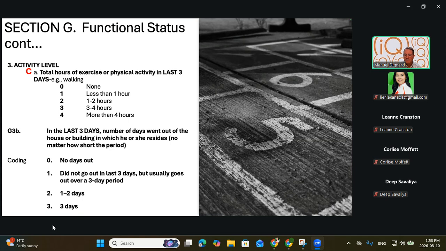Okay, so that's 20 minutes, 3 times a day. So we would code, right, three if they're 3 to 4 hours. It helps us identify residents who may be at risk of decline due to inactivity. Okay. Now,